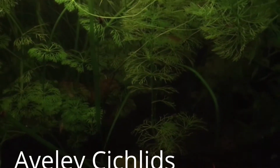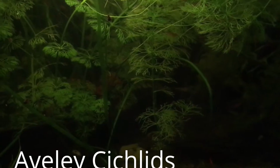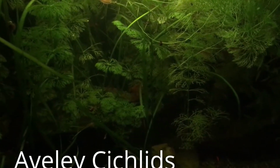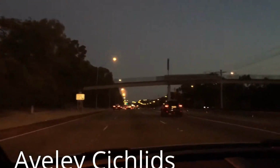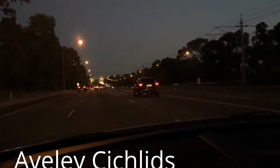Hello fish tankers. We're just on the way to get some glass and a nice OB peacock male. Stay tuned. We're off to get an OB peacock